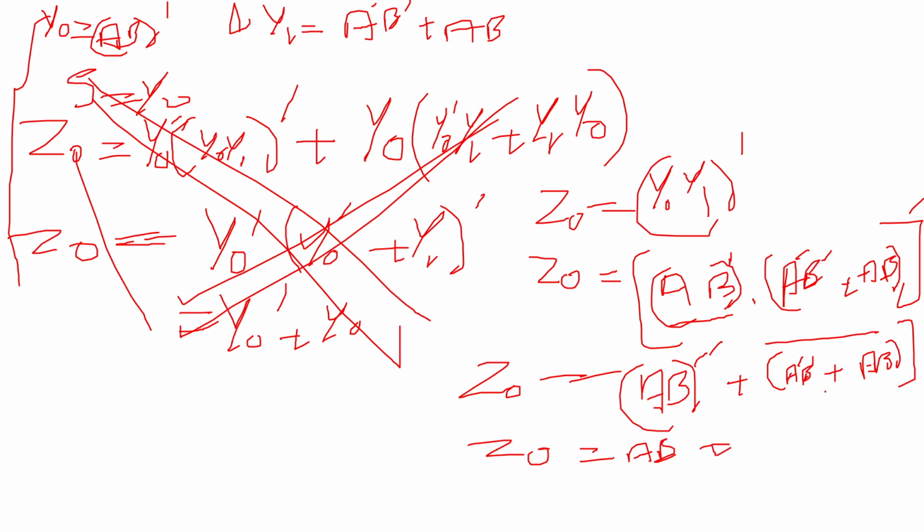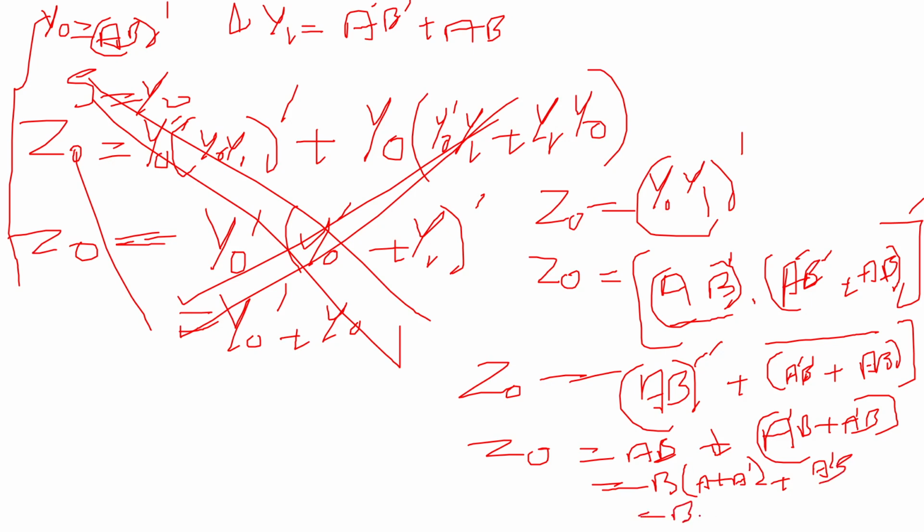This is OR gate, no sorry, XOR gate and XNOR gate. So XNOR gate's complement is XOR gate, so it will be a complement b plus a complement b, right? And here I will just take b common, so it will be a plus a complement plus a complement b. Finally it will be b plus a complement b, a plus a complement b plus ab, b plus ab, it will be,